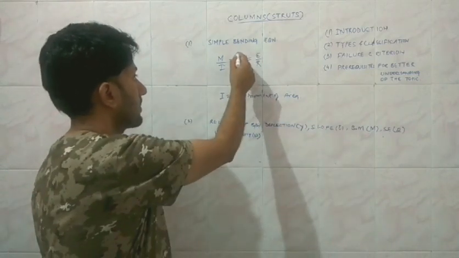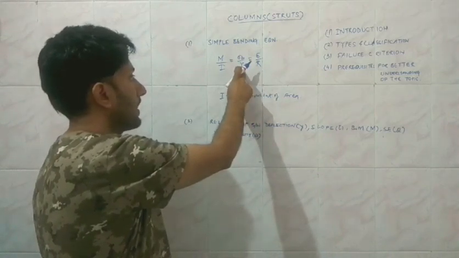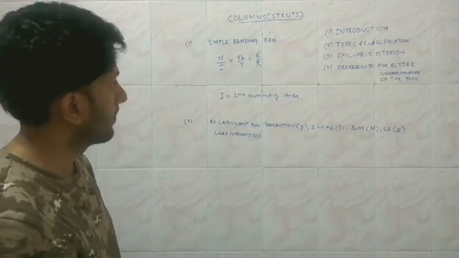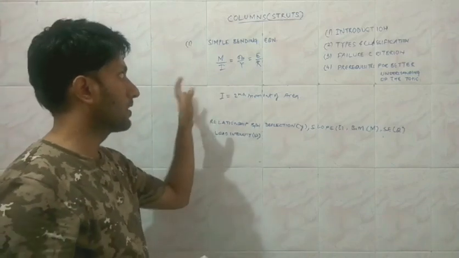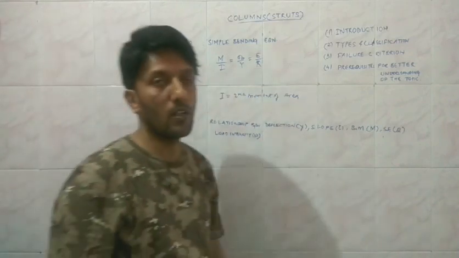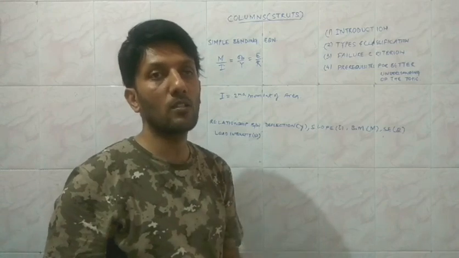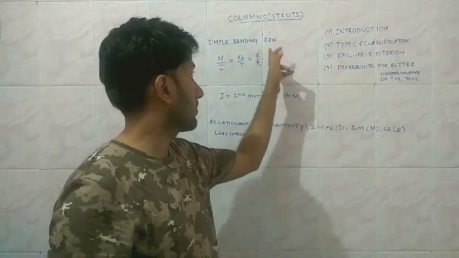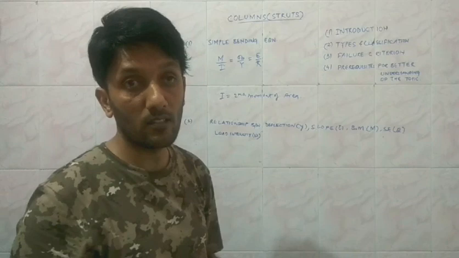So this is the value of the bending stress at the fiber which is located at y from the neutral axis, E is the modulus of elasticity, and R is the radius of curvature of the beam when it is subjected to simple bending. Another advantage of considering the failure at the yield point is that we are able to apply the simple theories of elasticity. That is why we are using E, Young's modulus of elasticity.